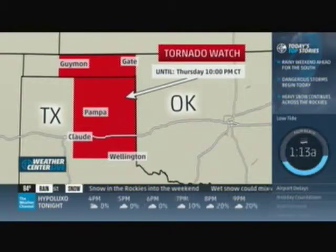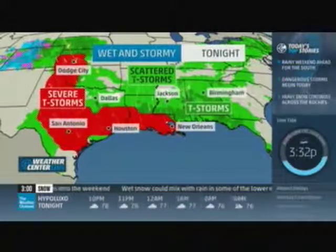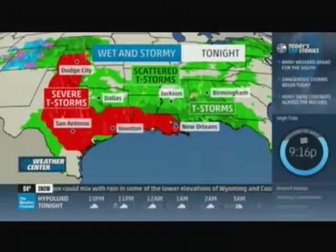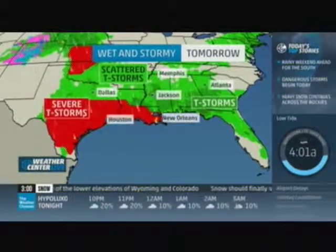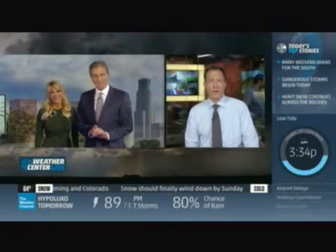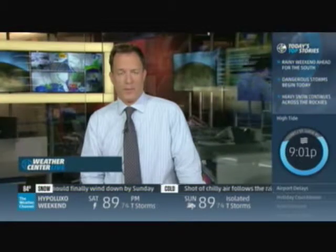All right, and also a wet and stormy mess from Kansas to Texas. Scattered storms, heavy rain, lightning, hail about an inch in diameter we've seen thus far already just within the last few hours. So we're going to get right to the lab to get a detailed look at this threat. Storm specialist Carl Parker is live in the lab. Carl? Hey, Dave. So the big change between yesterday and today is that it's a lot warmer and more humid